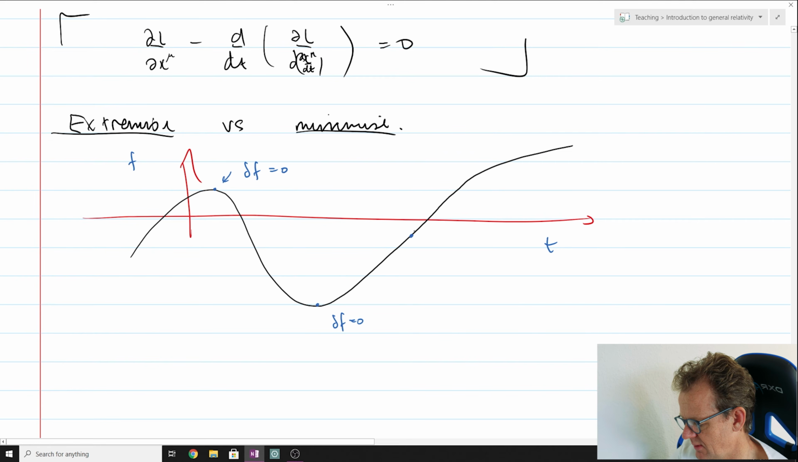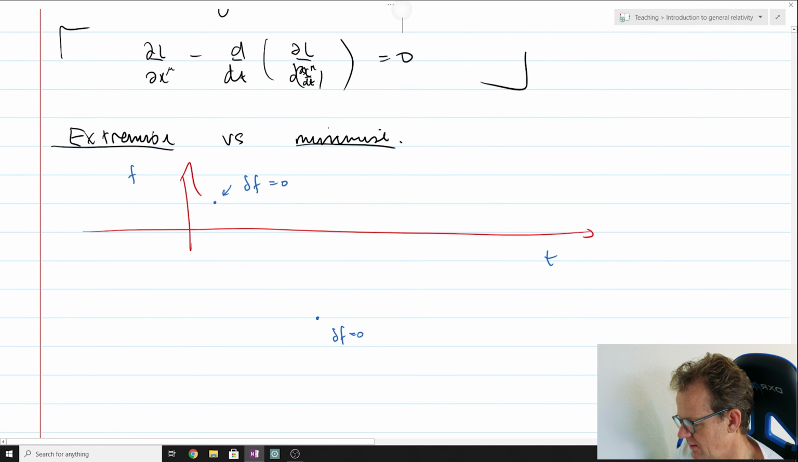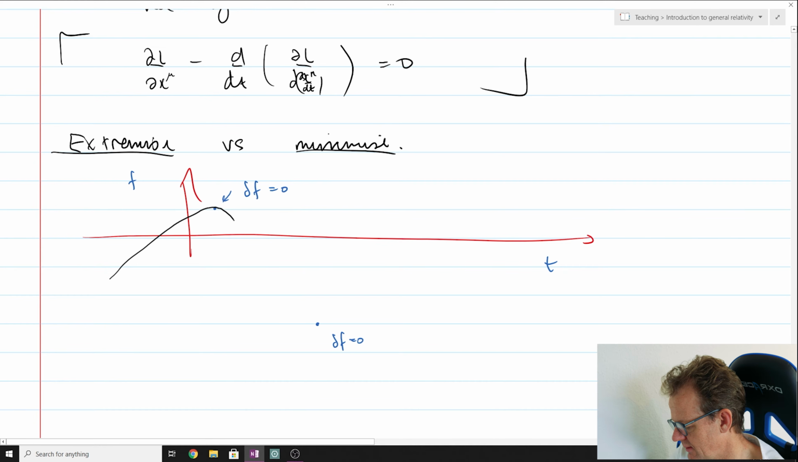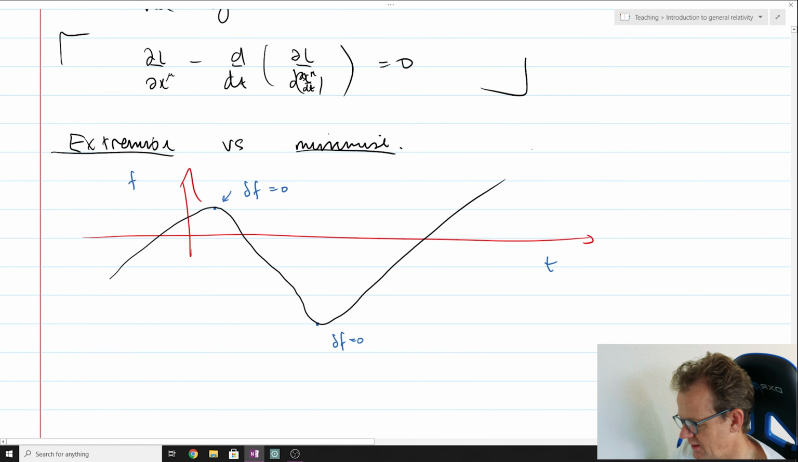I didn't really do a good job of drawing it, but even this is enough to make the point, right? You have a function like that. There's two extrema. Only one of them is the minimum,